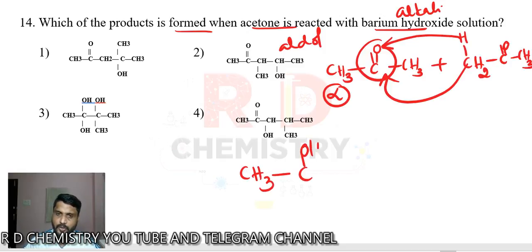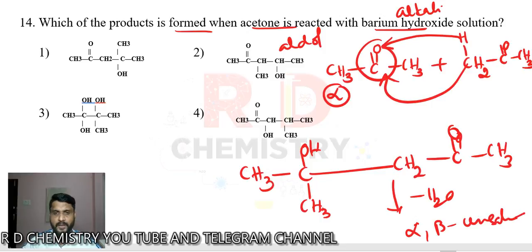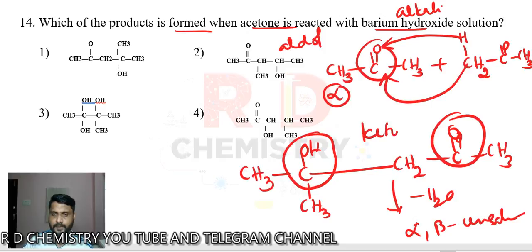So we are going to add. I'll write this CH3 here separately. Then it is attached to the CH2, then C double bond O and CH3. So you have to get this structure. Now if I remove a water molecule, then finally we are going to get the alpha beta unsaturated aldehyde or ketone, but that is not given here. So look at this structure carefully. There should be a keto group and the alcohol. It's called a ketol, just like aldol, aldehyde and alcohol. Okay, right? So see carefully and check this one out.